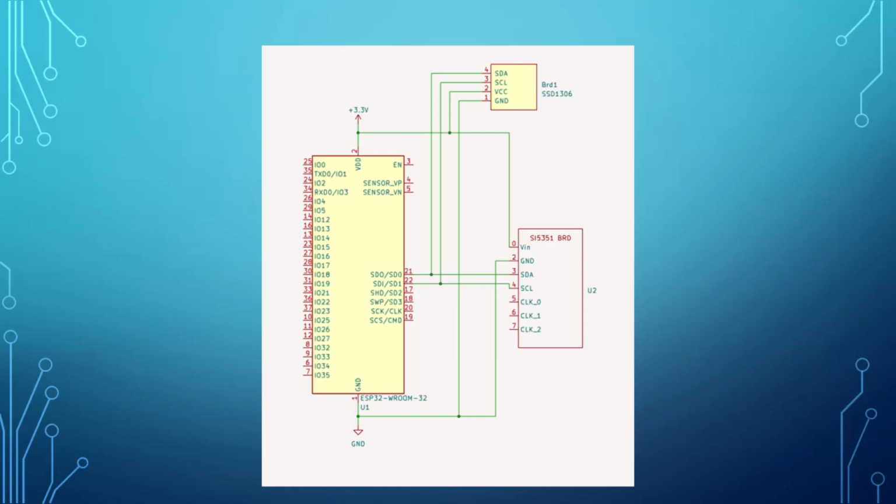Then we're taking the ground and running into the ground pin on the board and on the ground on the OLED. And then we're using pin 21 to go into the SDA on the two boards, and GPIO 22 into the clock lines. So this is kind of the circuit I have displayed over